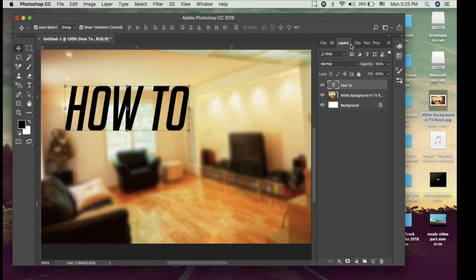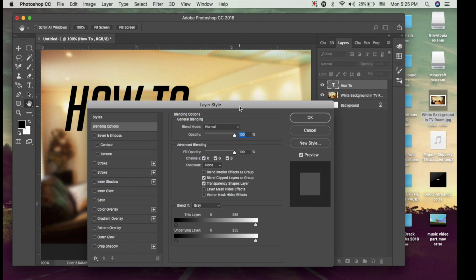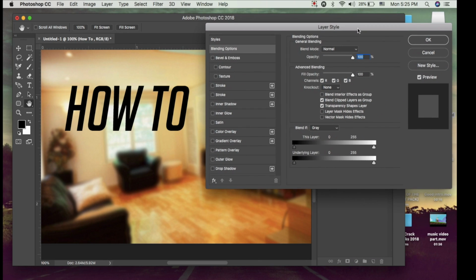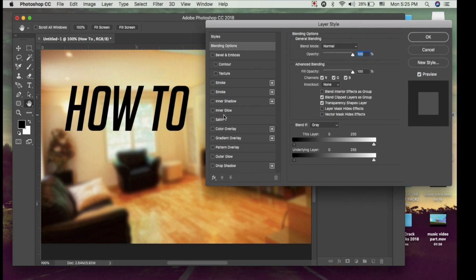And then you could go back to layers, and this is where everything that's in your picture shows up. So yeah, once you have that, what you could do, you triple click on this part of your text right here, and then this panel comes up. Now this is the panel of magic, because first of all,